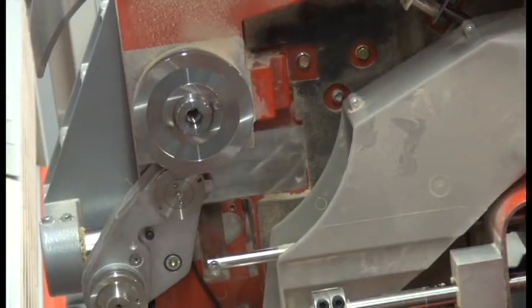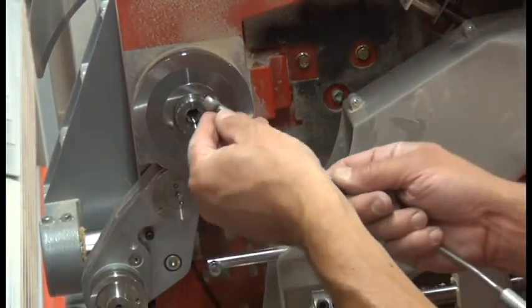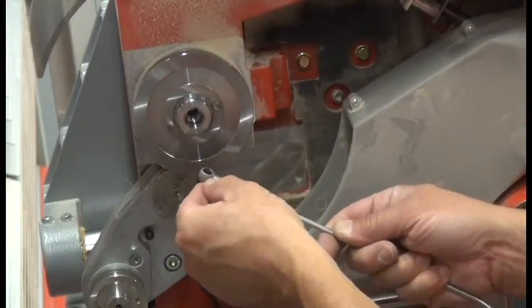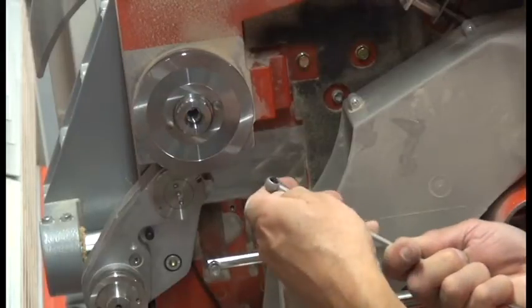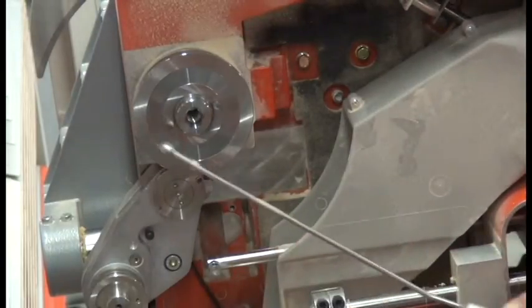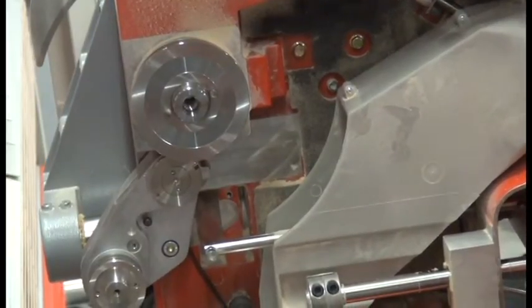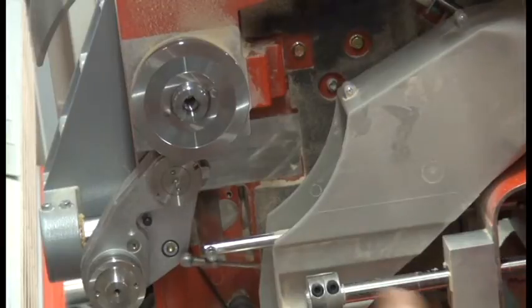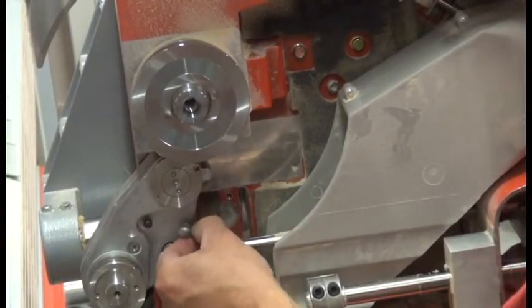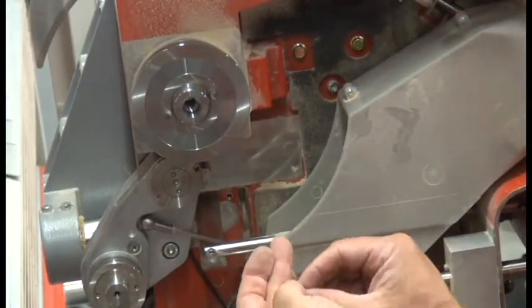Okay, now we can put the drawbar, which helps us engage and disengage the scoring unit, on. It has a particular little clip around the ball end of the drawbar that you need to unwrap it and pull it out. The drawbar goes through the keyhole slot in the front of the saw and snaps on to the ball end on the scoring unit, and the snap ring